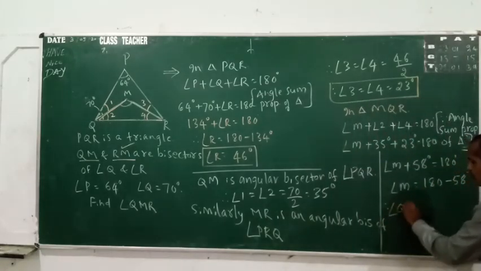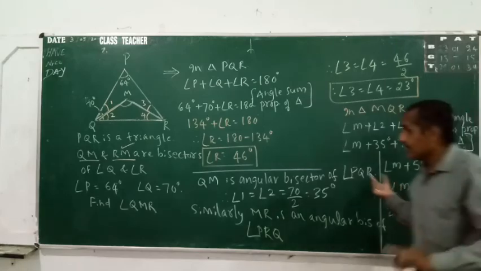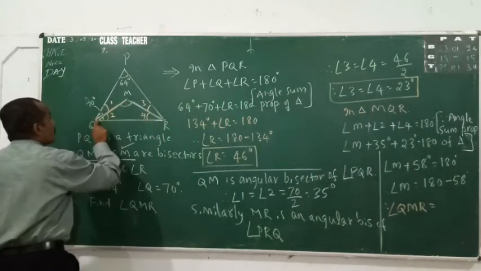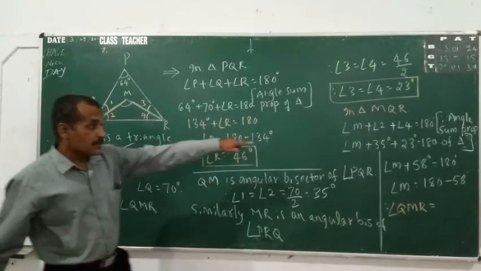Therefore, angle QMR. My dear children, angle M and angle QMR are one and the same. Angle M means this only. Angle QMR is also the same angle. Don't get confused. Why sir has written angle